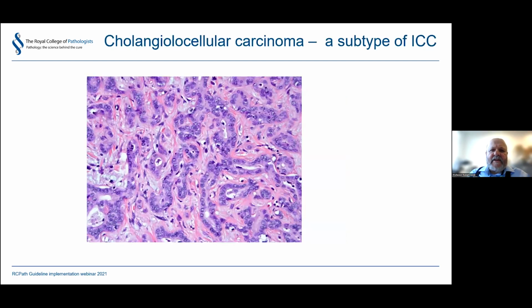And another type is the cholangiolocellular carcinoma. This was at one stage included in the combined tumor category, but it's now been taken up, very obviously on molecular grounds, as a kind of cholangiocarcinoma. And this just looks like anastomosing cords of bile ducts, often very well differentiated. I had one on my desk this morning. They can be CD56 positive. It doesn't make them neuroendocrine tumors. That's something you can see in proliferating bile ducts. So again, something to be aware of and to make sure you put it in the right category.